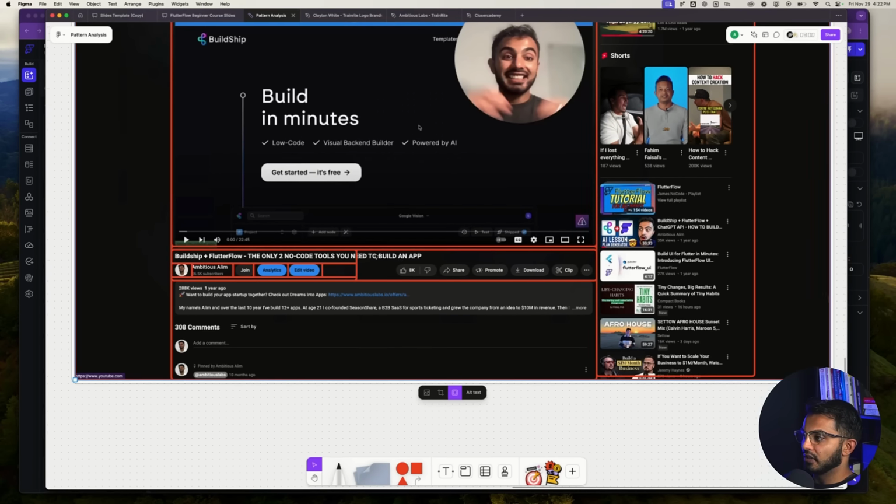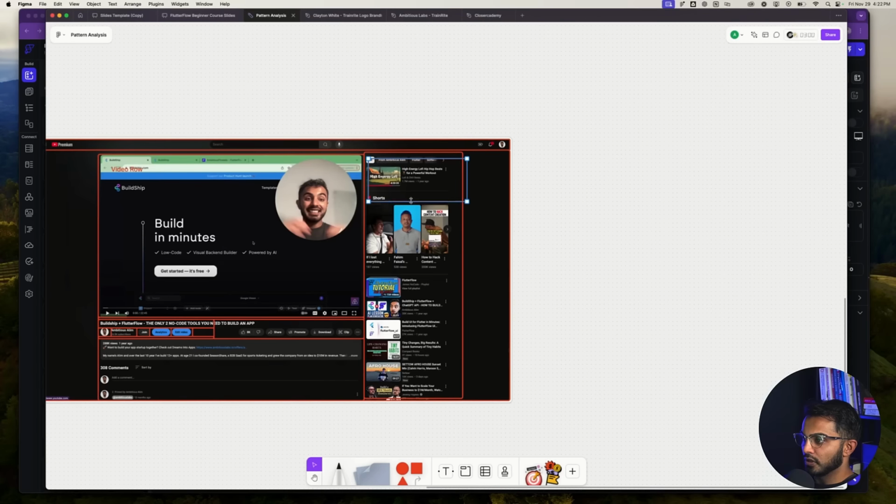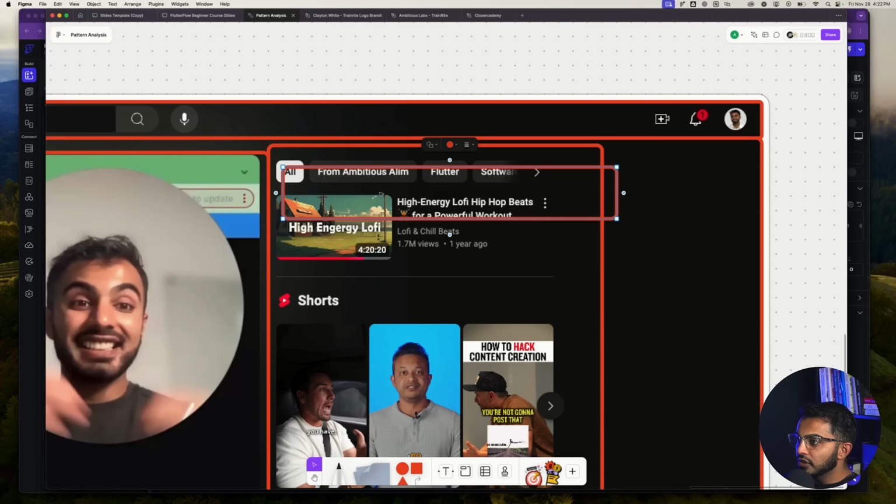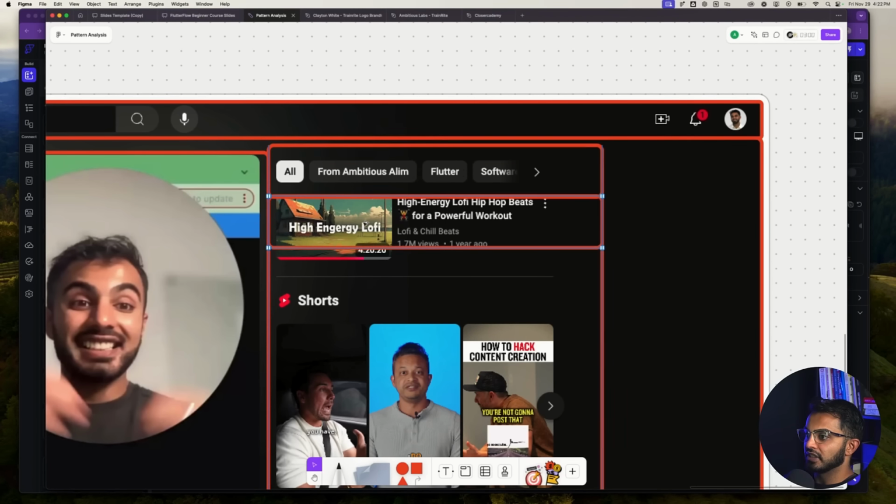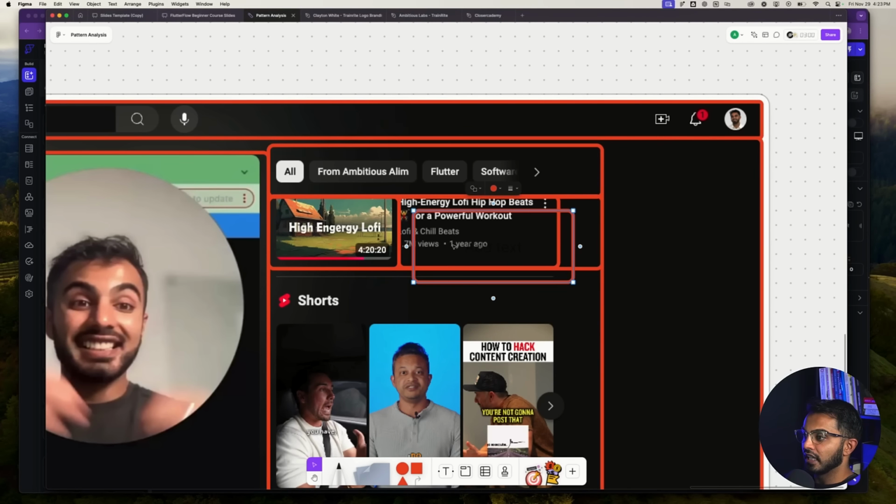There are many rows in this, right? So we have 1 row right here, which is laying out the recommendations. And then we have this row that holds a video. And inside of this kind of video list object, we have 1 column here, which is holding the video thumbnail. And then we have another column here, which is laying out text top to bottom. So whenever you need something to be laid out top to bottom, you would use a column, right? And then within this column, we have all of these smaller items here.